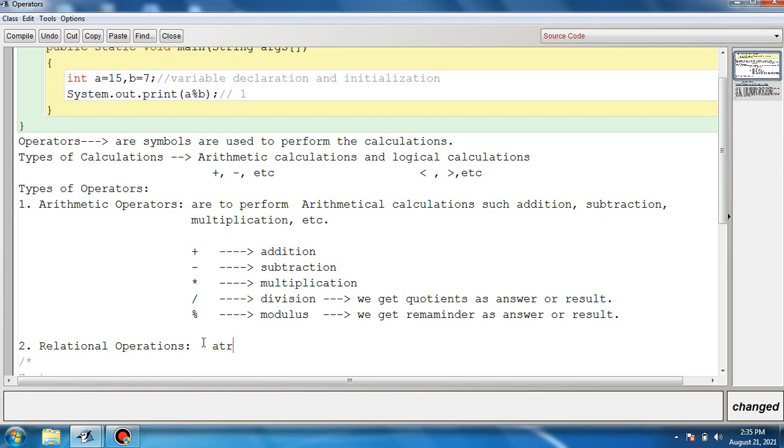Relational operators are used to check the relationship between two variables and to form expressions.